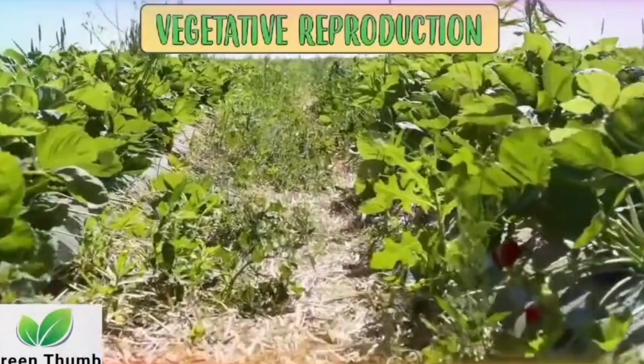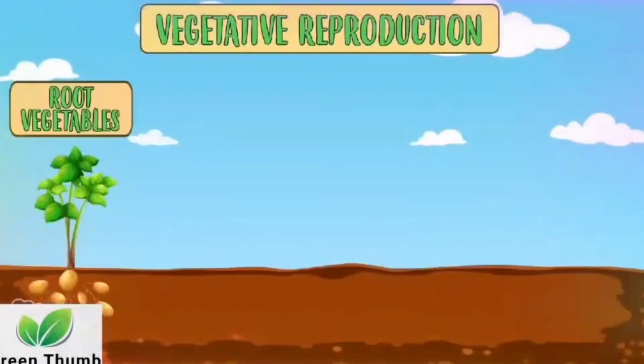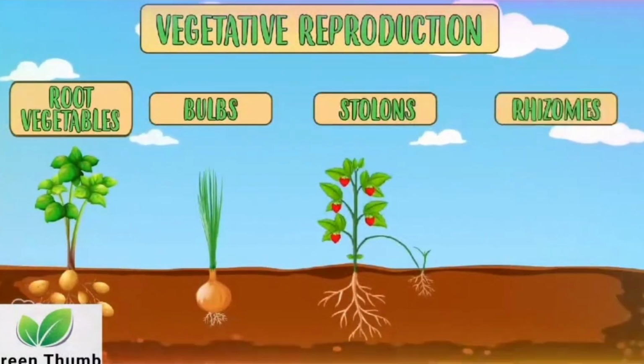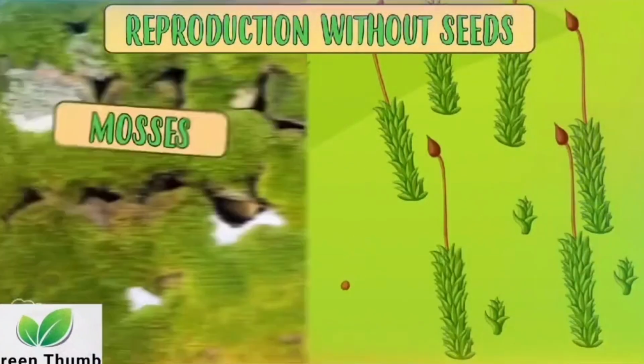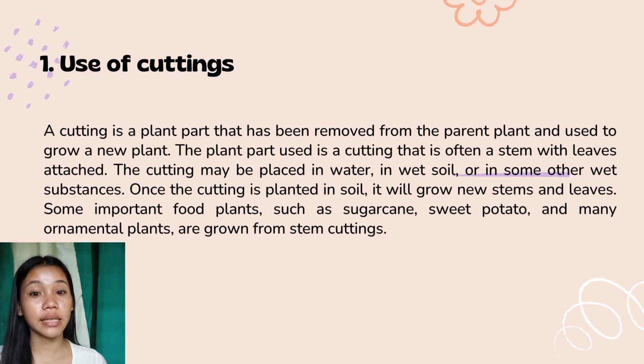If you want to get to know vegetative reproduction, what root vegetables, bulbs, stolons, and rhizomes are, if you want to learn how plants without seeds reproduce, what mosses and ferns are,